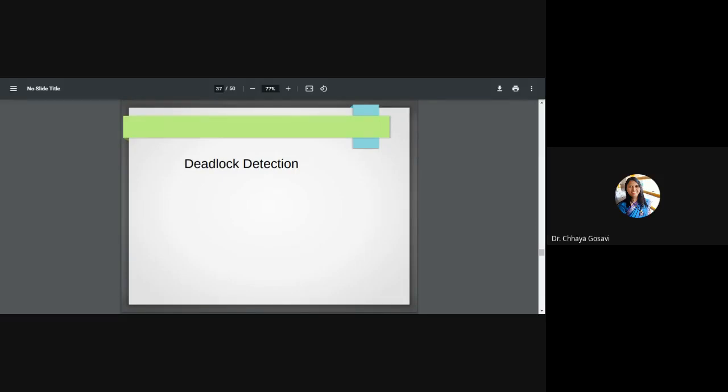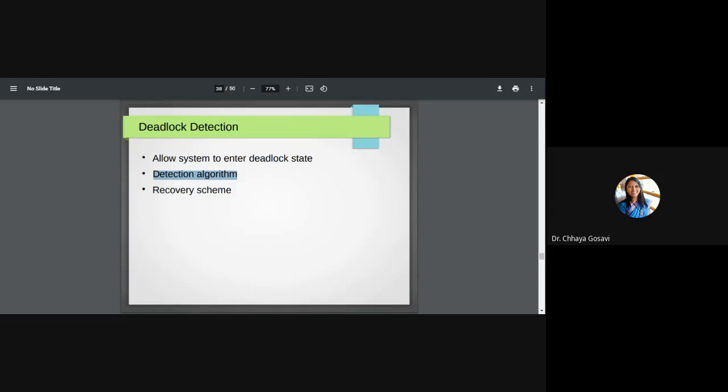Then third way is deadlock detection. Deadlock detection assumes that we allow the system to enter into deadlock. Let the deadlock happen first, then we'll think about whether to get out of it or not. Then a detection algorithm checks whether there is a deadlock.